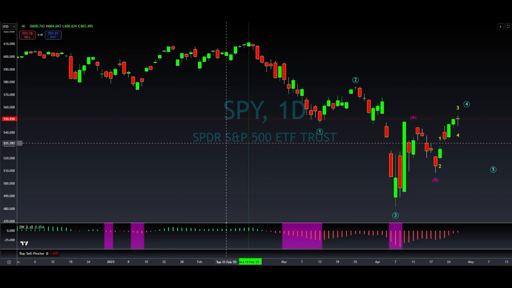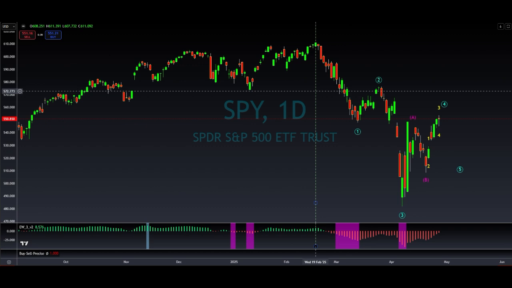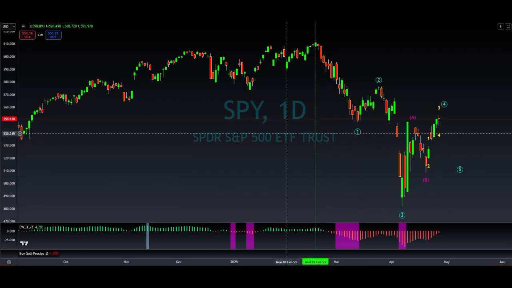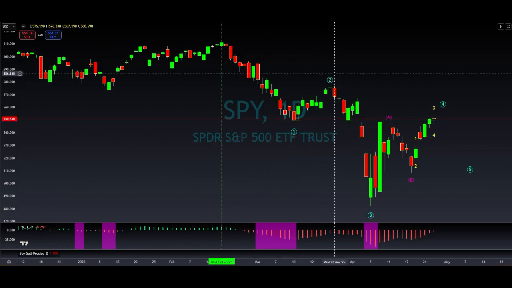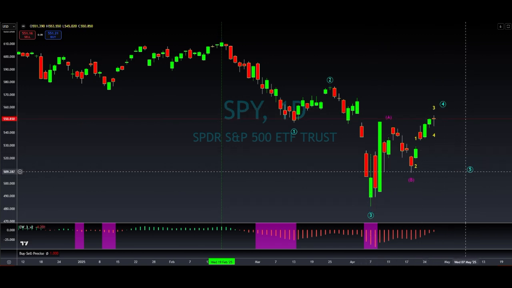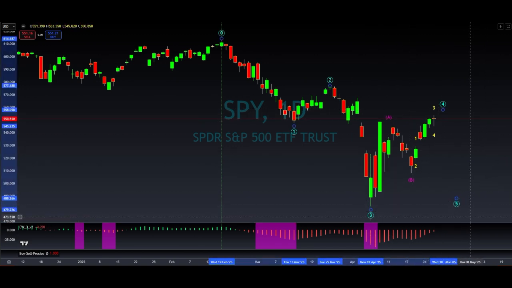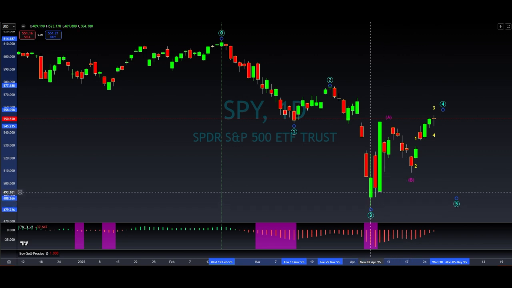So I'm going to start off with SPY. It follows the market. Our all-time high was back here with the market top back on February 19th. And since that point, we've been working our way down. So far, we have a nice wave 1 down, wave 2 up. What I've marked as a wave 3, and I believe we're in wave 4. That means wave 5 is to follow, and its bottom will be somewhere below wave 3's bottom, which was around